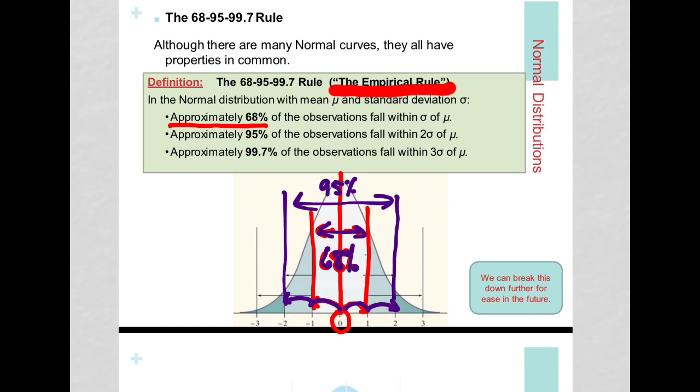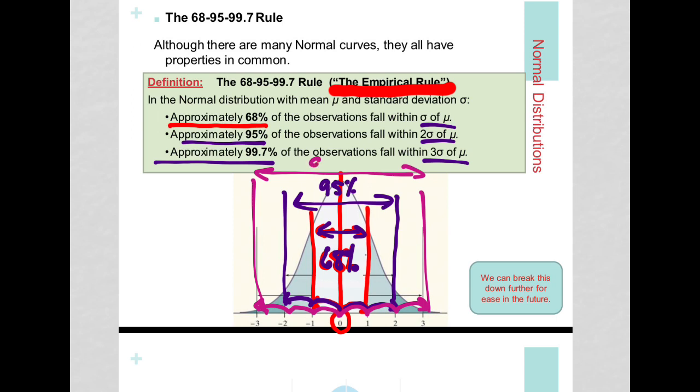But just continuing on, within 3 standard deviations of the mean, we actually are expecting approximately 99.7%. Now that is really almost all our data lying within 3 standard deviations of the mean. So that's what the empirical rule tells us. It basically tells us on average what percent of the data we expect to land within certain standard deviations